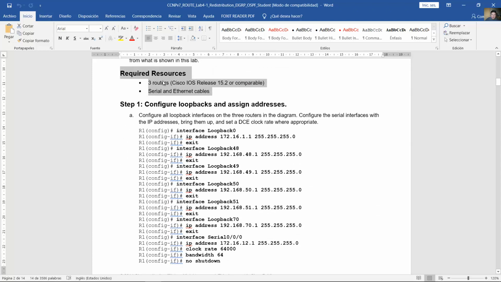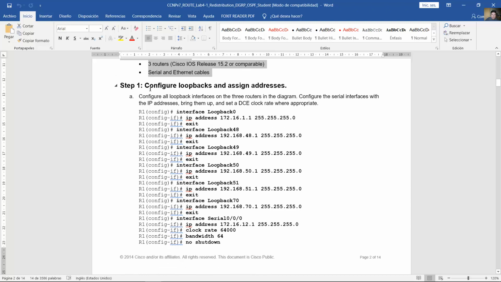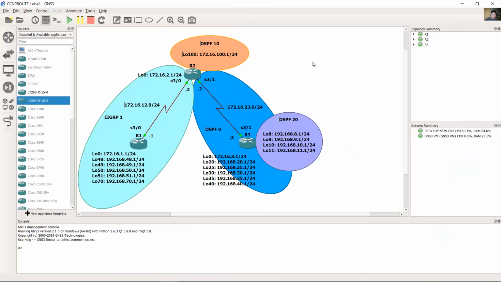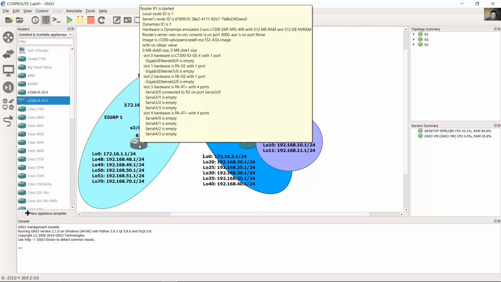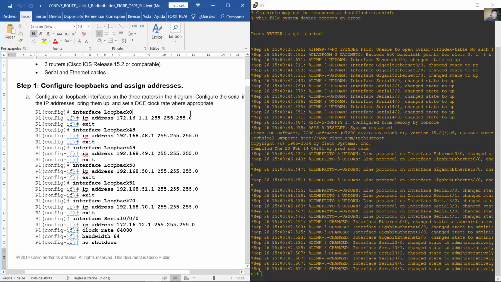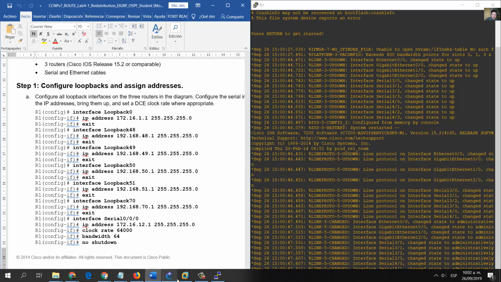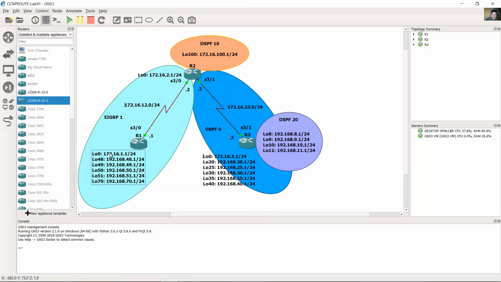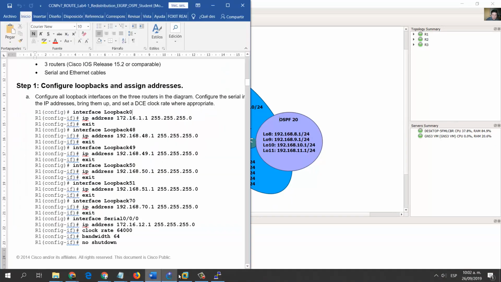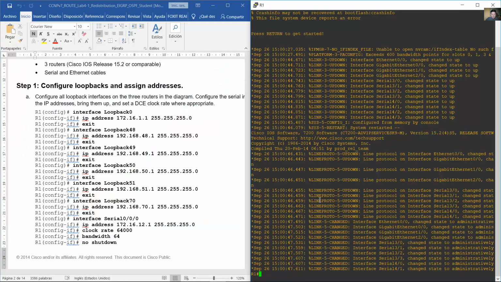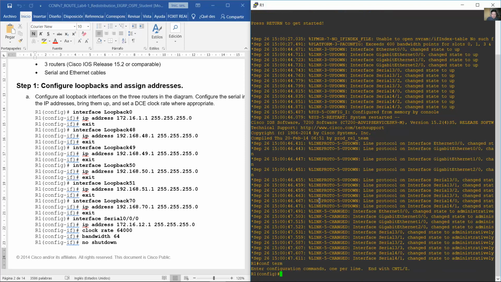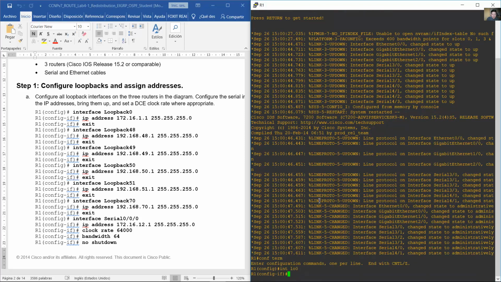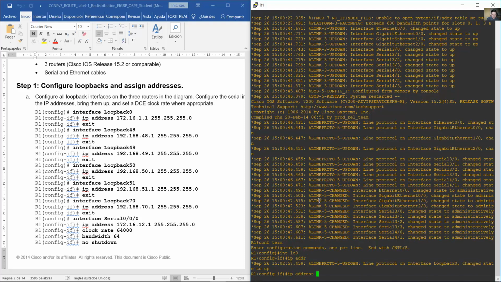Required resources for a real app: configure loopbacks and assign addresses. R1. Okay, first of all, configure all these loopback interfaces. Configure terminal, interface loopback 0, IP address,